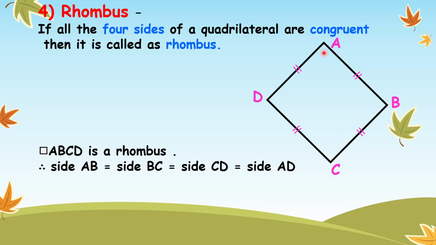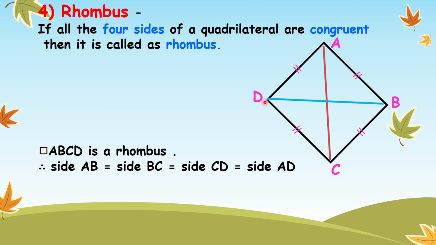Opposite angles of a parallelogram are congruent to each other. So, opposite angles of a rhombus are congruent to each other. Angle A is congruent to angle C. Also, angle B is congruent to angle D. Diagonals of a rhombus are